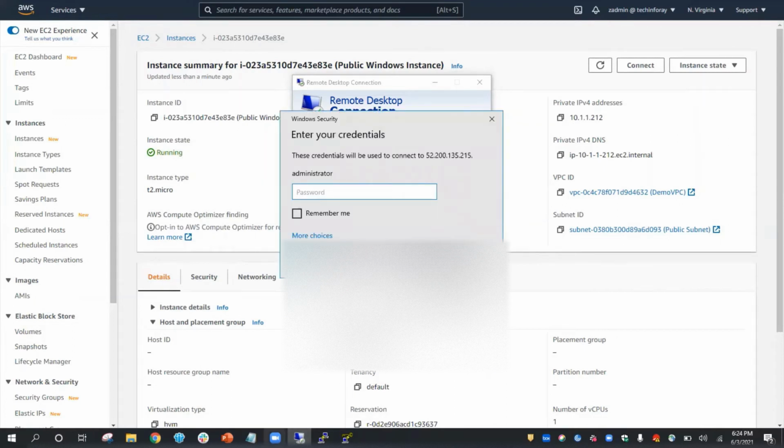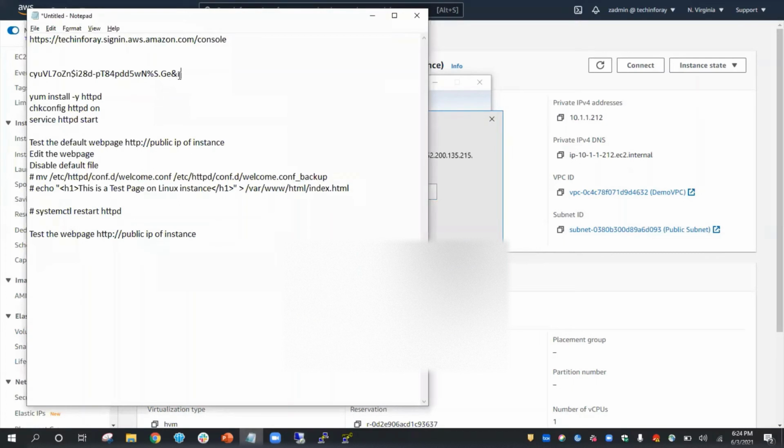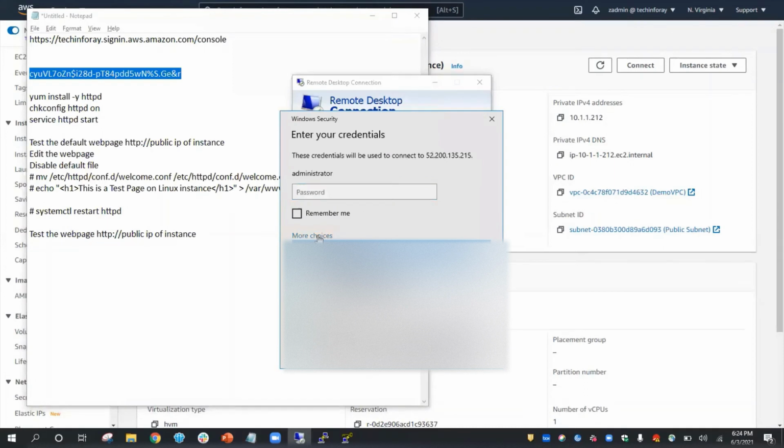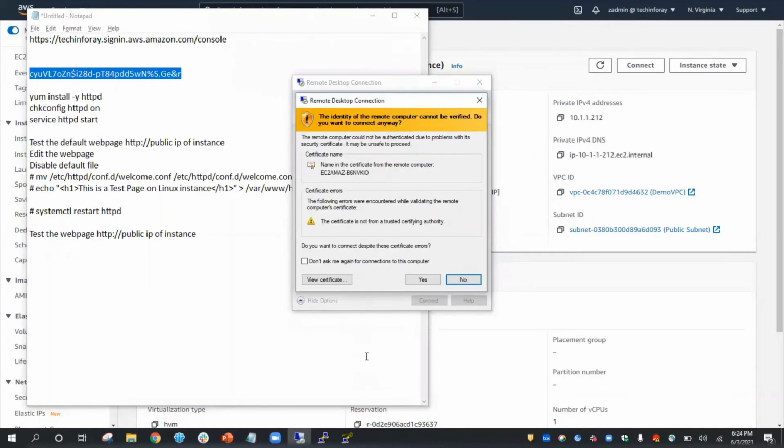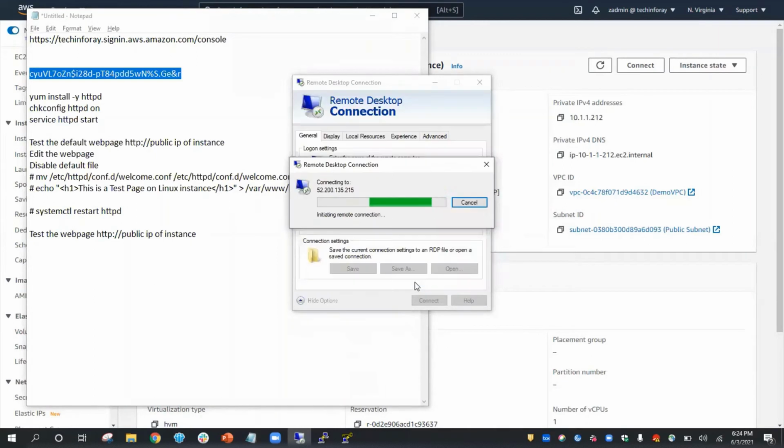Let's use our password. Root/administrator password. Click OK. Yes, accept it.